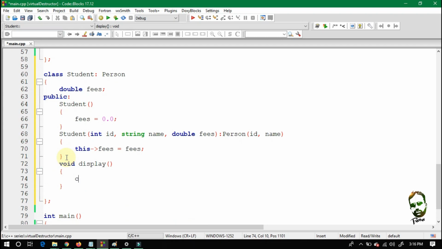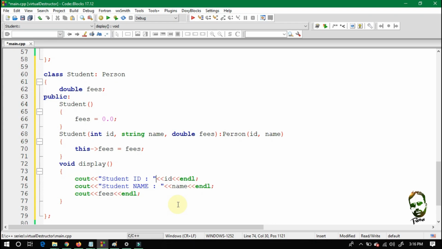So declare a display function within the student class which will display the information of a student. Just write here cout id, name, and fees. To check whether it's the id of a student or the id of an employee, just write student id inside the cout, and student name and student fees.